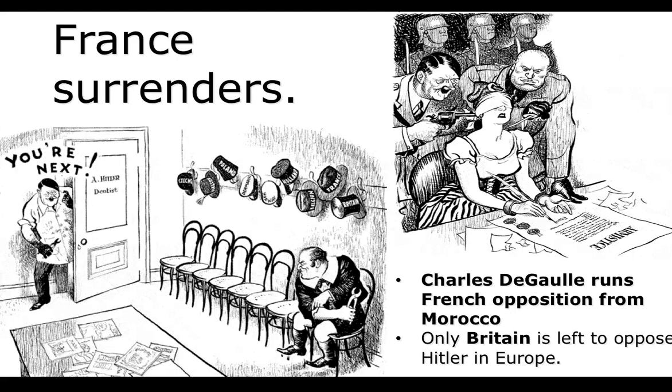And you can kind of see in this political cartoon, I love this one on the left, you see Hitler coming in, and he says, as if he was a dentist, "You're next," and he's got pliers to take out your teeth, kind of creepy. And he's already taken over Czechoslovakia and Austria and Poland and Denmark and Norway and Holland and Belgium and France. And so the last hat, obviously, is Britain, and it's the last person waiting in the waiting room of that dentist's office. But Britain, of course, has its own pliers, and they're going to fight back.